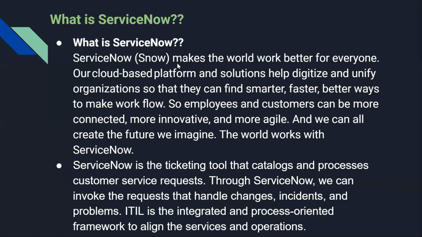So ServiceNow, the short name for ServiceNow is Snow, makes the world work better for everyone. Definitely, I agree with this point. And a cloud-based application. See, ServiceNow is a cloud-based application, and there is a huge advantage of it because you